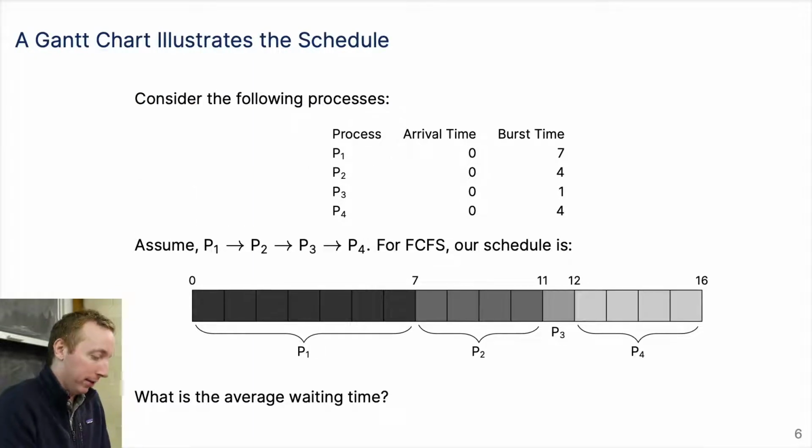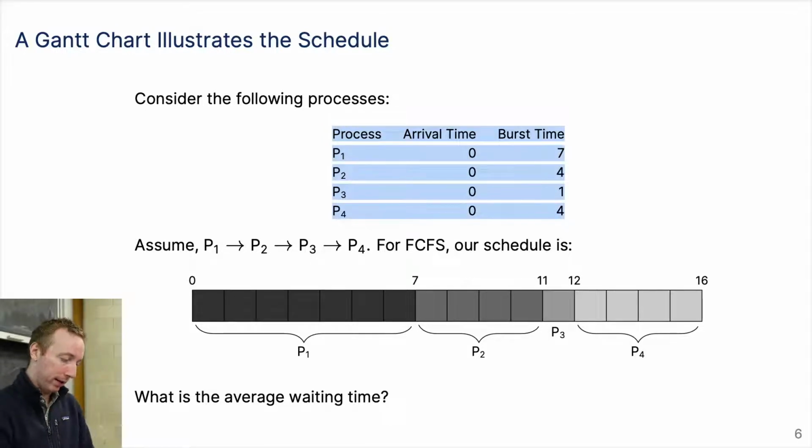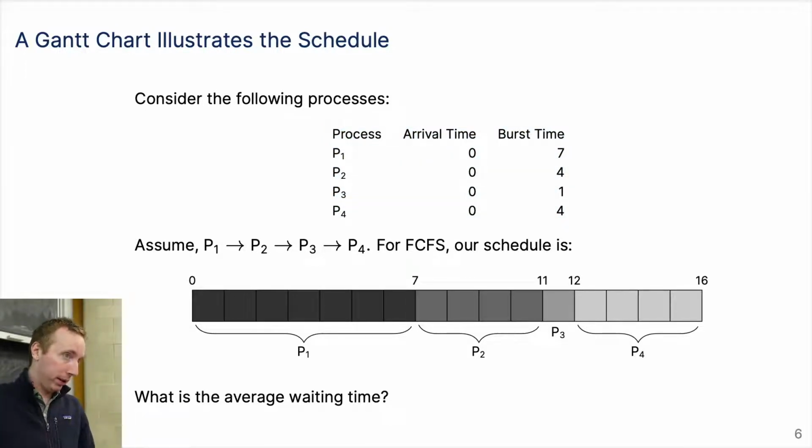We'll use Gantt charts to illustrate the schedule for arguing about all these problems, and it's not as boring as Gantt charts for engineering process courses. This is actually a pretty simple one where we just care about what's happening on a single CPU. So we're just assuming a single CPU. In the table here, we have our processes, P1, P2, P3, P4, and then the arrival time, which is when the user wants to start the processes. In this case, they're all going to arrive at time equals 0.